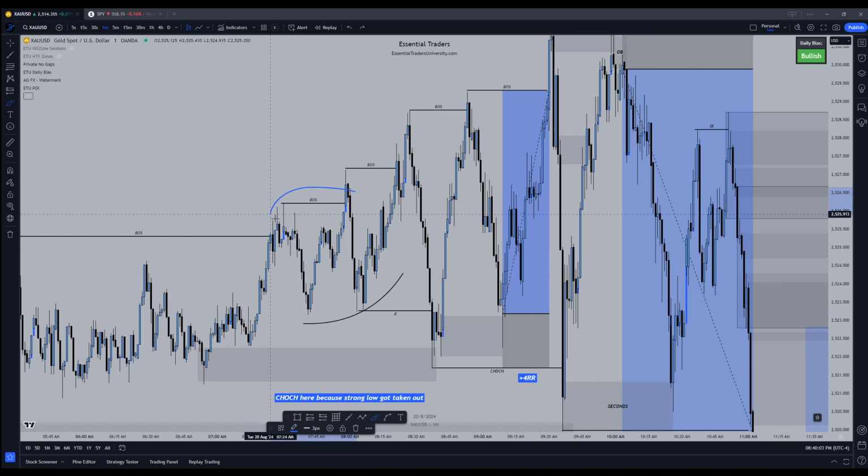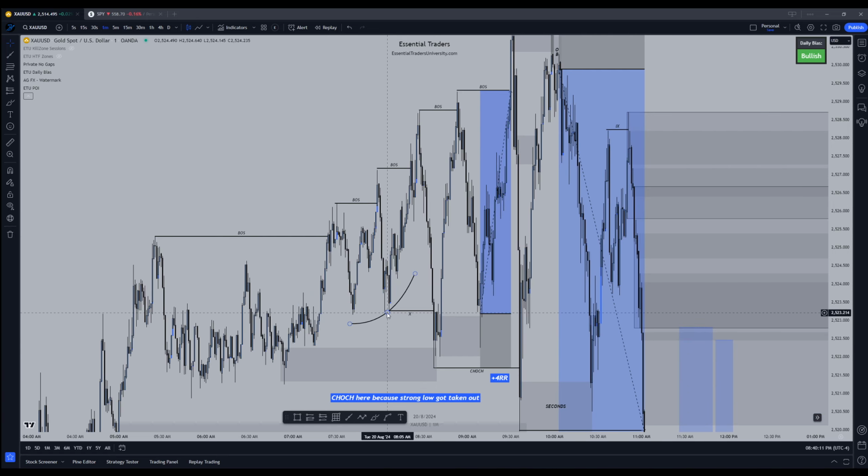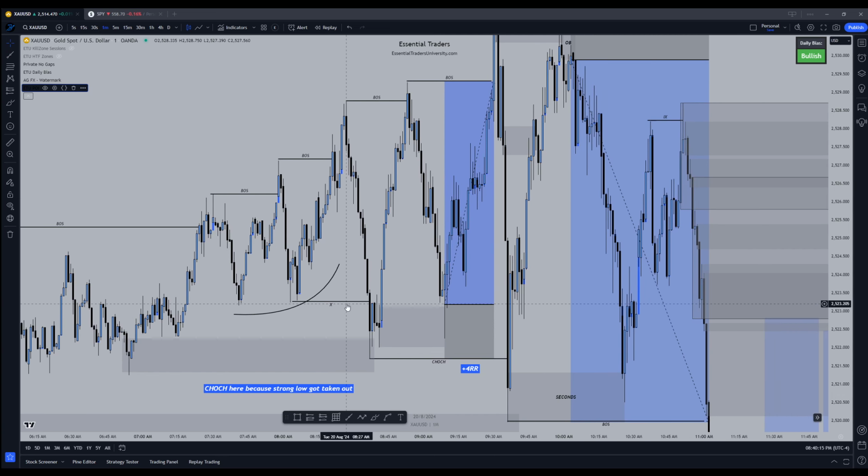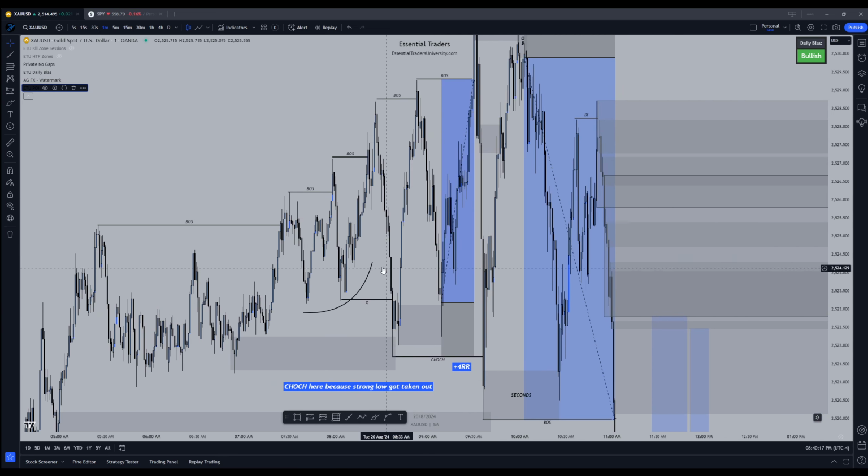So you could have traded going up here, targeting this weak high, right? All these highs are weak highs. But because this was still potential inducement here, I marked this as a sweep here, right? Because you guys know